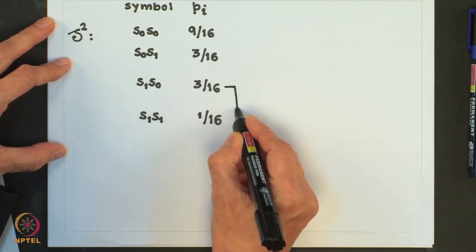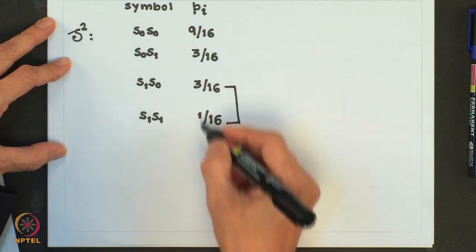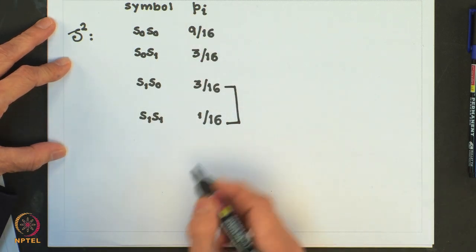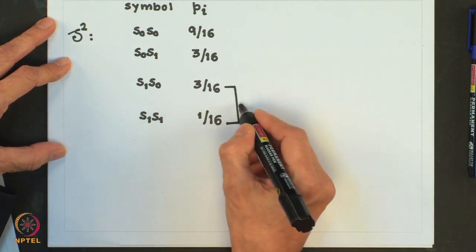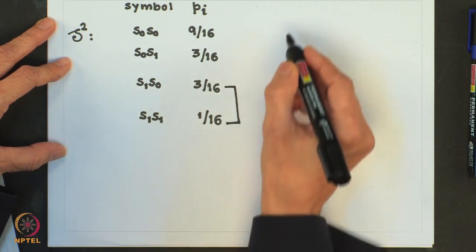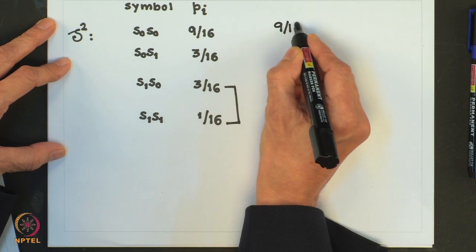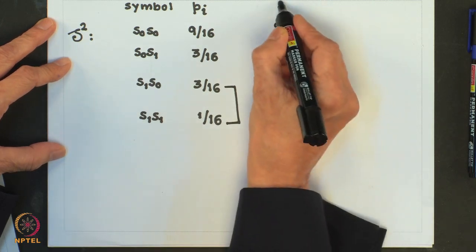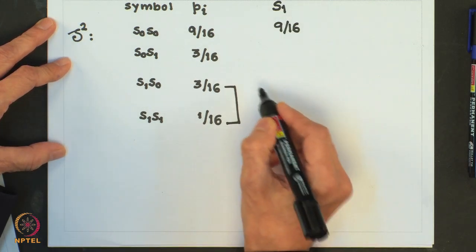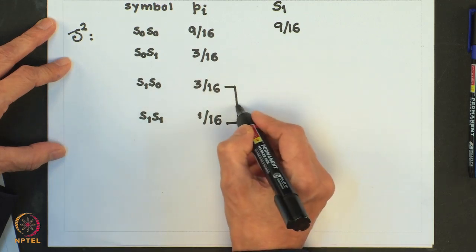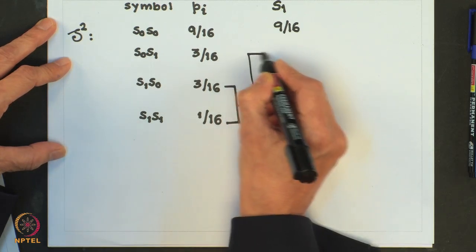So, I will combine these two. This is already arranged in descending order of probabilities. I combine this, so I will get 4 by 16. So, the next reduced source, which I call S1, will have 3 symbols. This will be 4 by 16